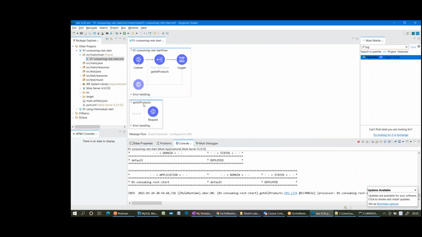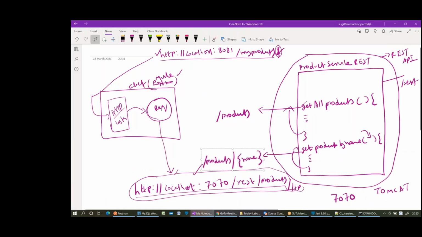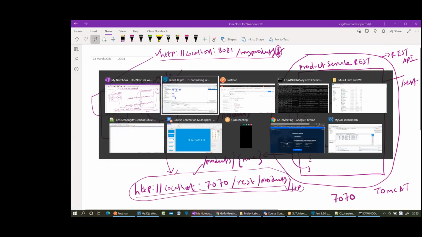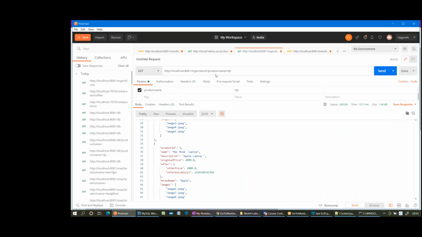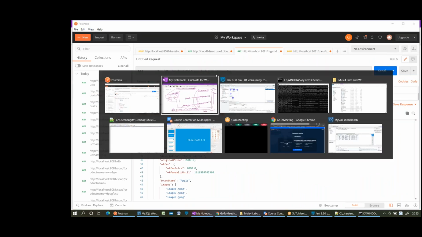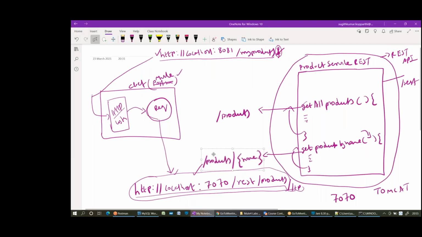Just as I created a request for get all products, create one more flow for get product by name. And for that request connector, please think and do: if I am getting query parameters in the request, how can you get that value and pass that to the URI parameter? Please do it. I'll give just 10 minutes.